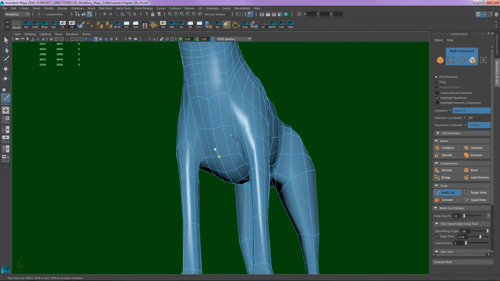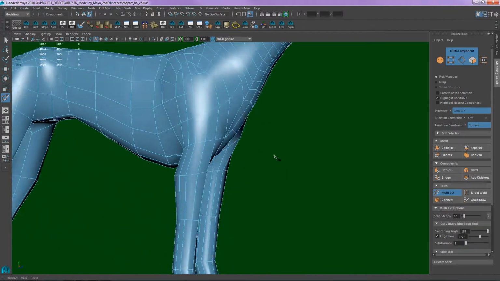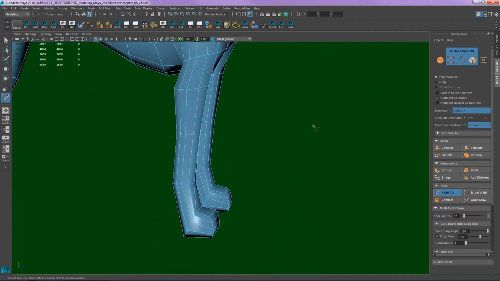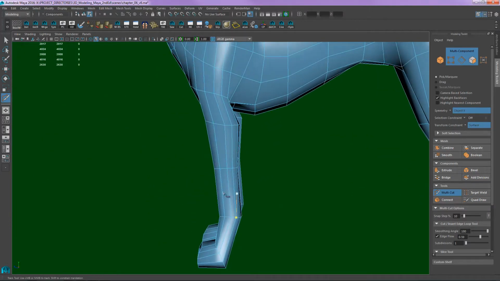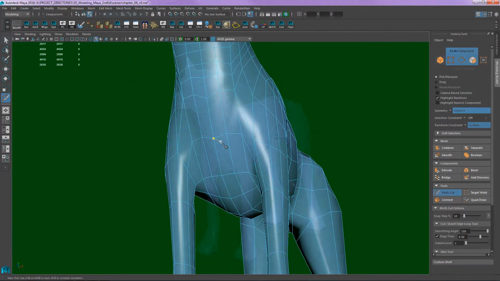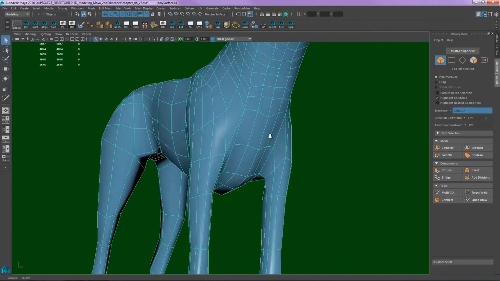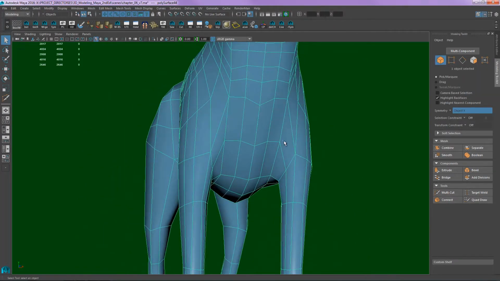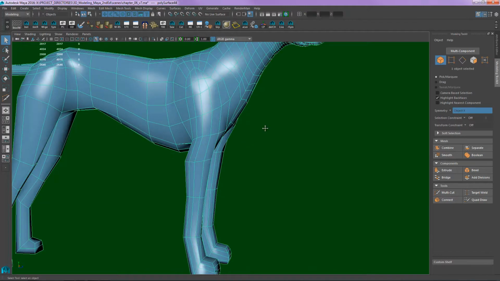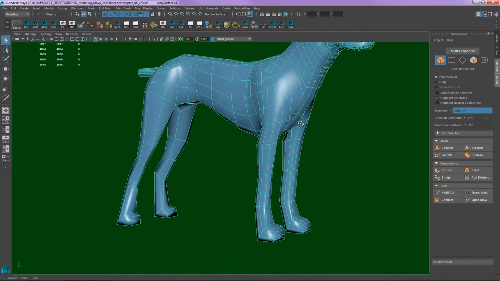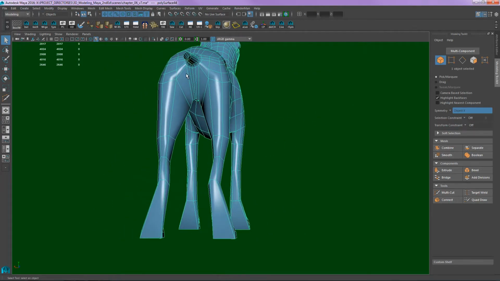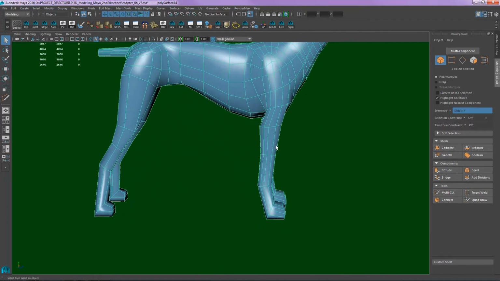It's not quite enough. We need to do something special here. It gives me enough on the inside of the leg and on the outside of the leg. I need more cross sections along the leg. But again, we have a special problem here at the chest. Now, to get the edge loops that I want across the chest, we're going to do something similar to the kinds of extrusions that we did in the face. And this just takes a bit of imagining as to where you want the control. Also imagine that if I have this problem here on the chest, I probably have this problem back here by the butt. So the solution is